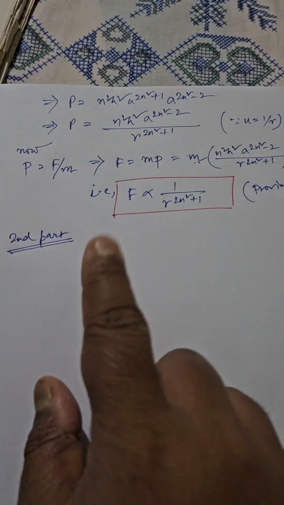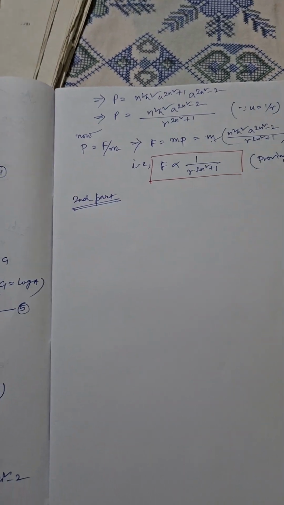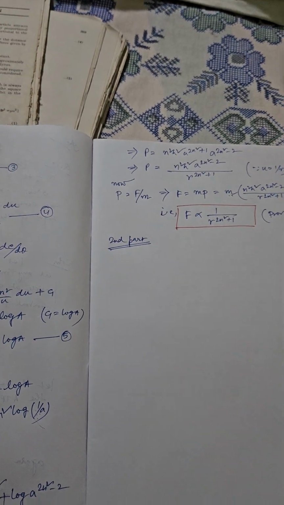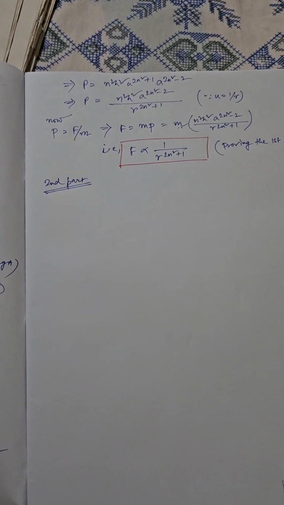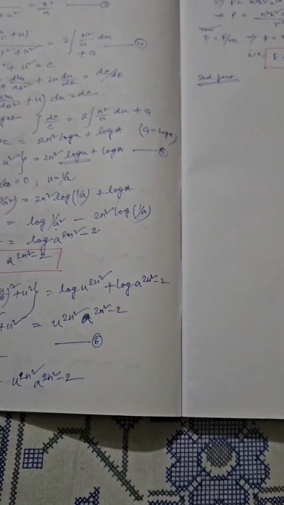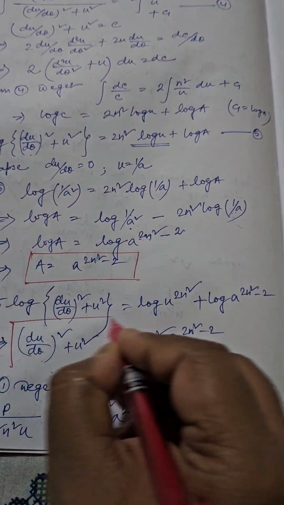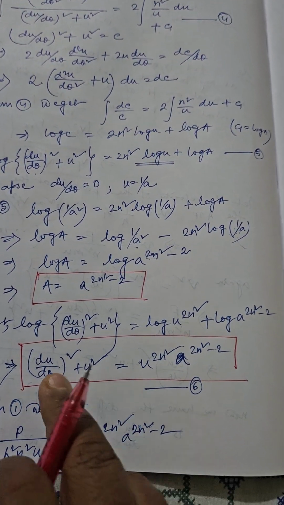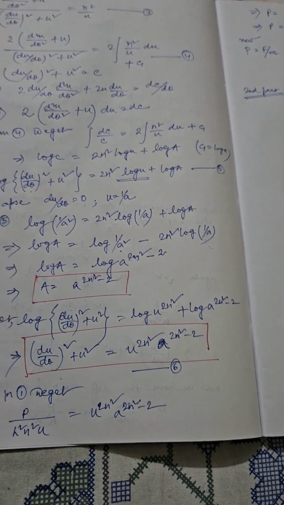let us proceed towards the second one. Here in the second part we need to find out the equation of the central orbit. That means you need to perform certain integration, and obviously integrating the given structure you will be able to get the equation of the central orbit. Now let us focus on this equation. Equation number 6, this one. So from 6 we can say